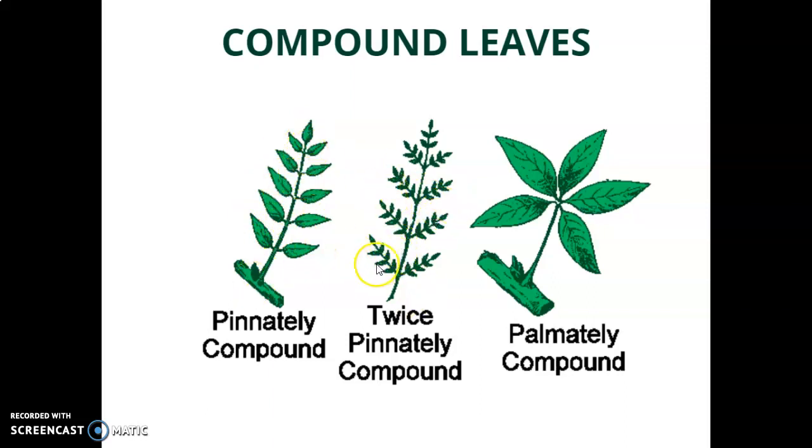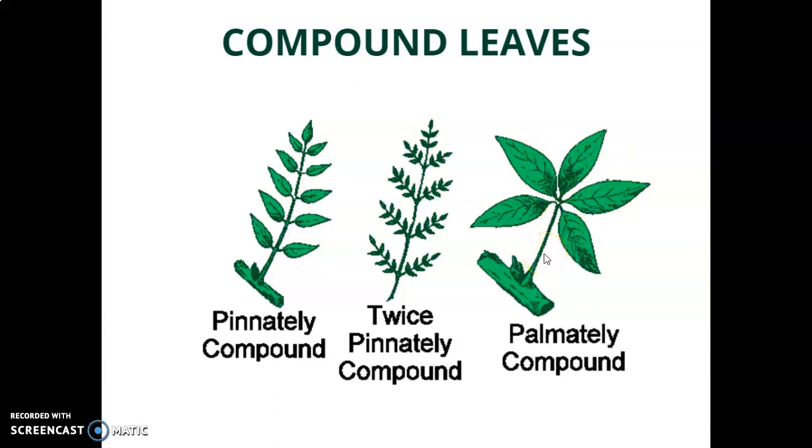You have twice pinnately compounded, where we have the one main part, and then we have little rachis coming off of that, and then leaflets off of that. So this is compounded twice. And then we have palmately compounded. You can look at the palm of your hand, how your fingers all stretch out from the middle of your palm. These little leaflets are all coming from the same point on this leaf,